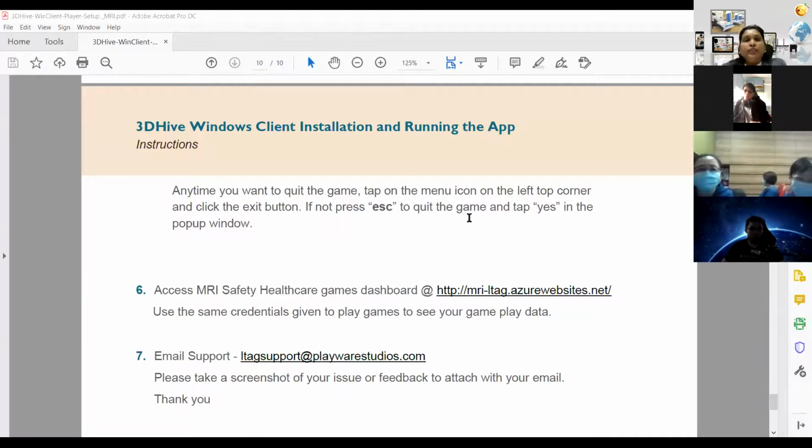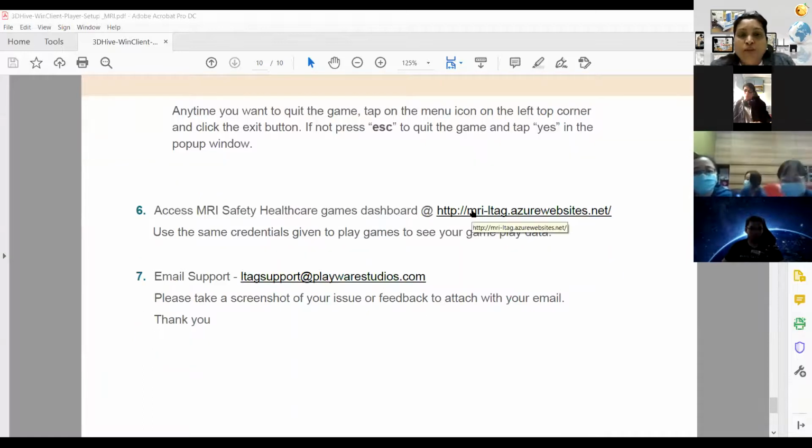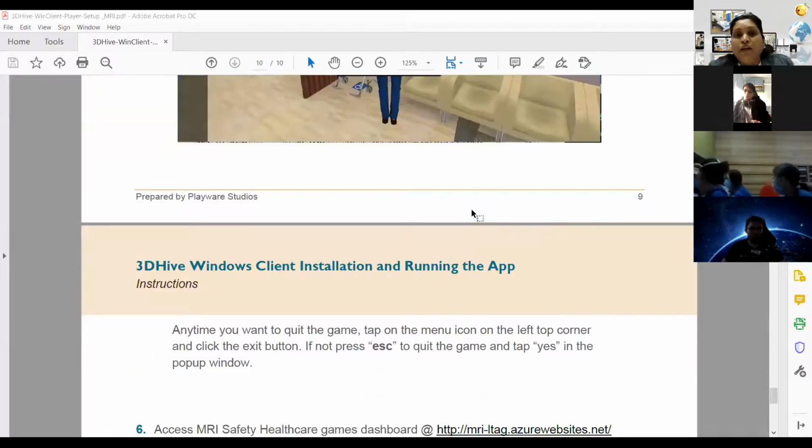So this is the installation guide. It's very simple. It's full of graphics and has very little text. Please go through this if you have any issues playing the game or installing the software or the games. Next after this, I have